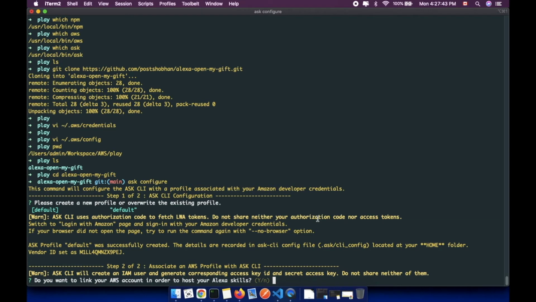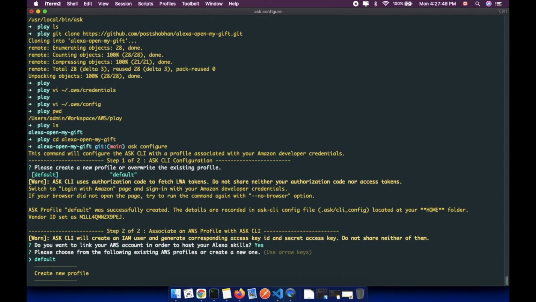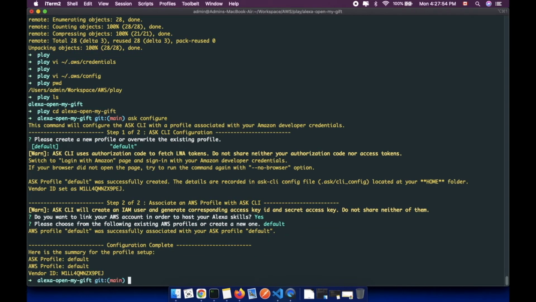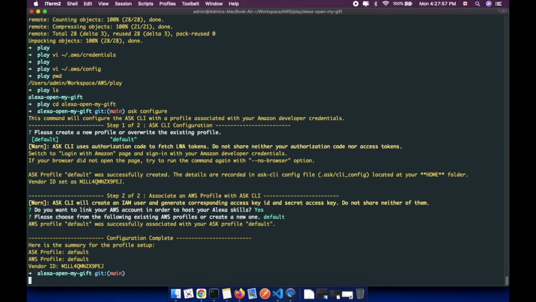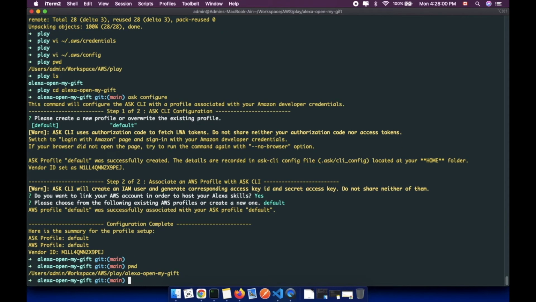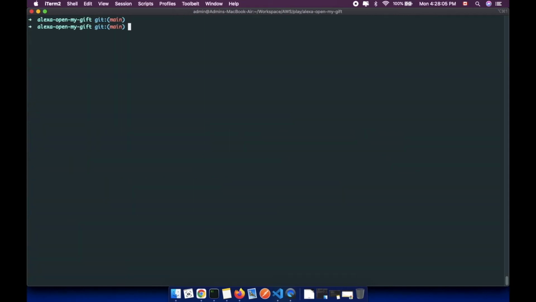So do you want to link your AWS account in order to host your Alexa skills? Yes. And choose from the following AWS profiles. Default, yes. Hit enter. And now we are set up. I'll just check where I am. Yeah, this is fine. Okay, so I'll just clear the screen. Okay, so the only thing you need to do is ask deploy